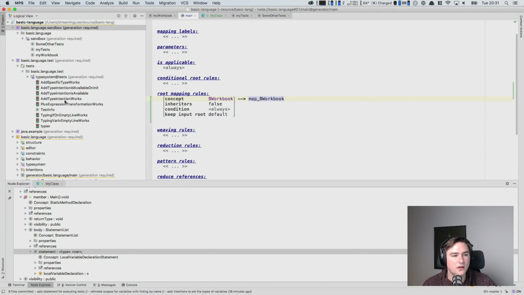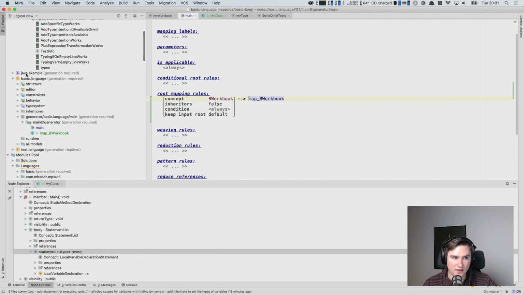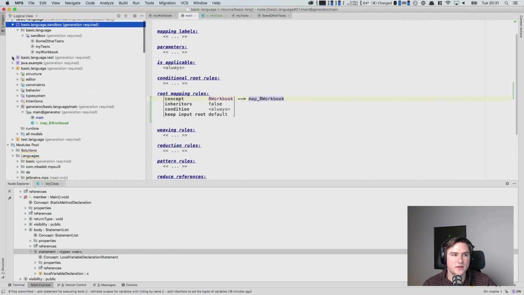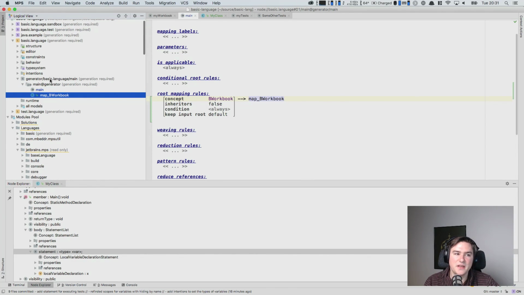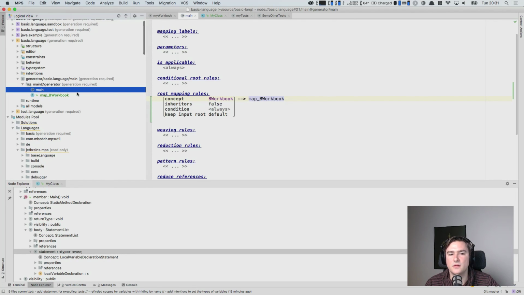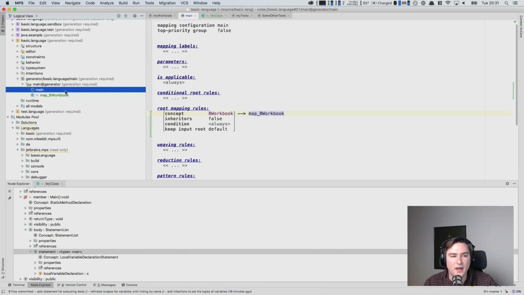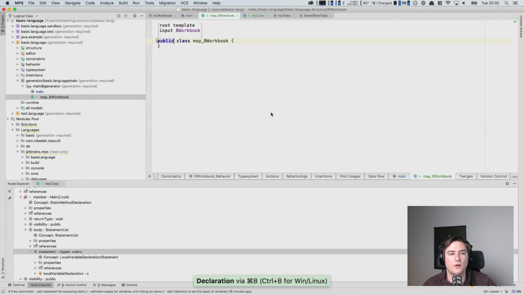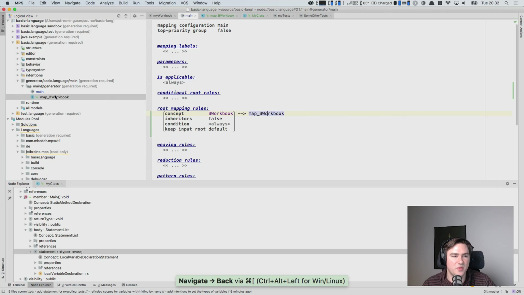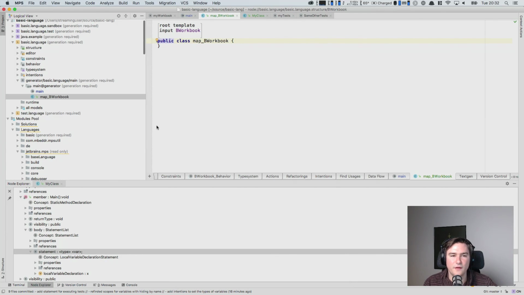And if we now take a look at the left side of our generator, let me close some of the things here to get rid of the clutter. We can now see that the generator of the basic language contains two elements. It's the main mapping configuration where we are currently in, and now something called map B workbook. And this is what the intention just created. We can either follow this reference by command click, command B, which is the usual way to follow references, or just by double clicking here on the left, and then we get to the